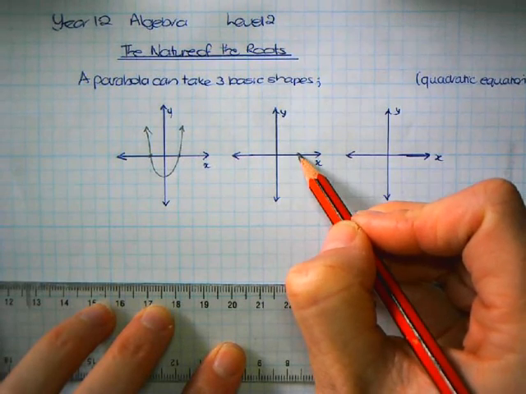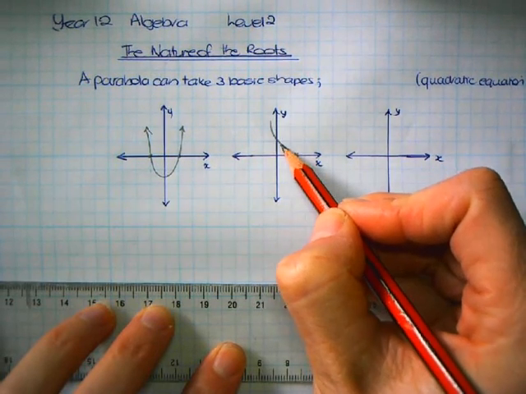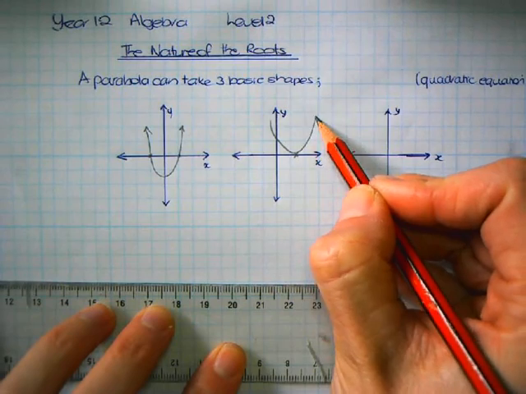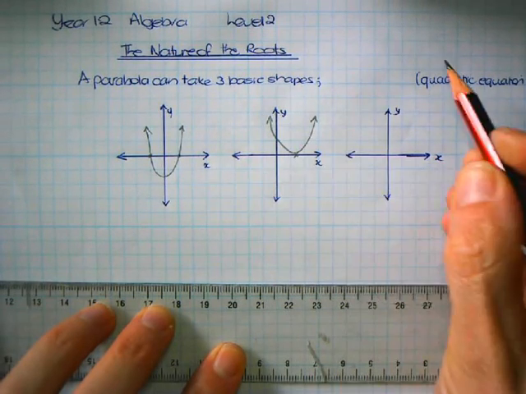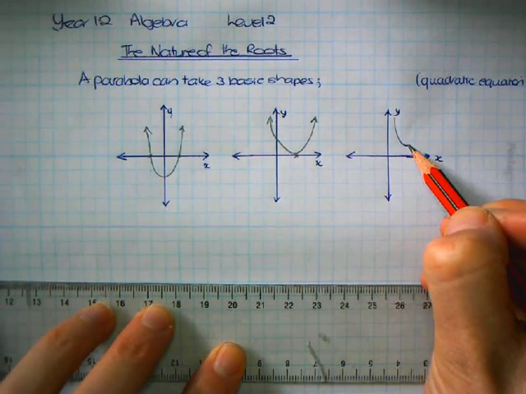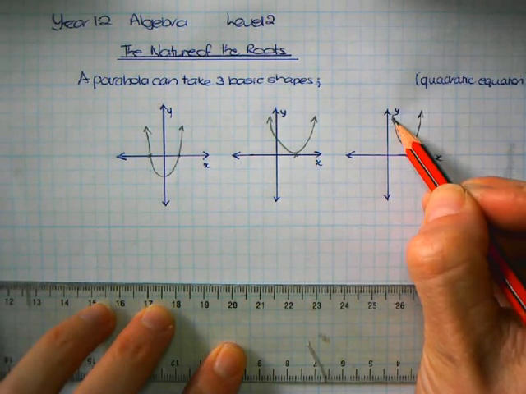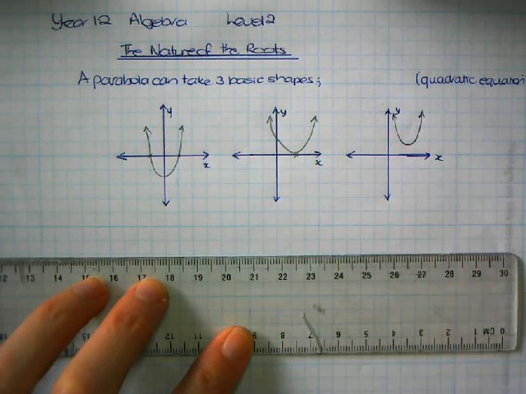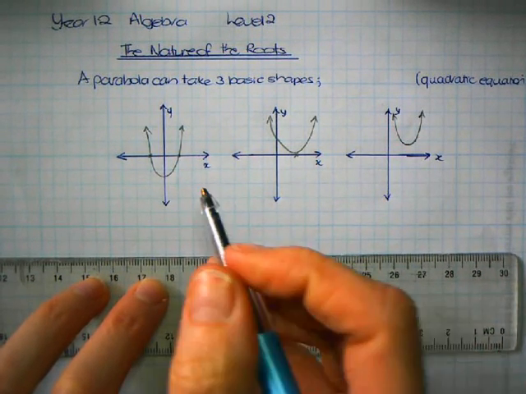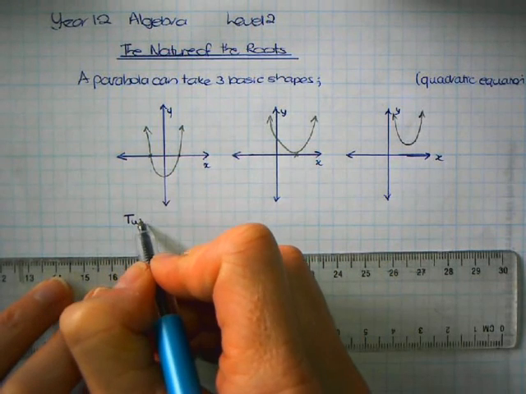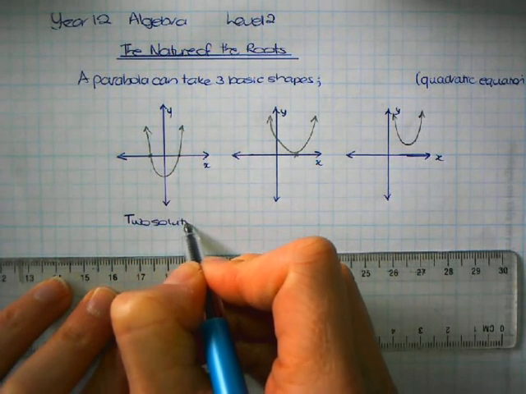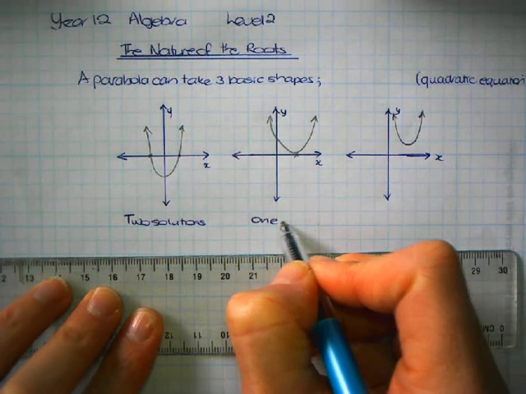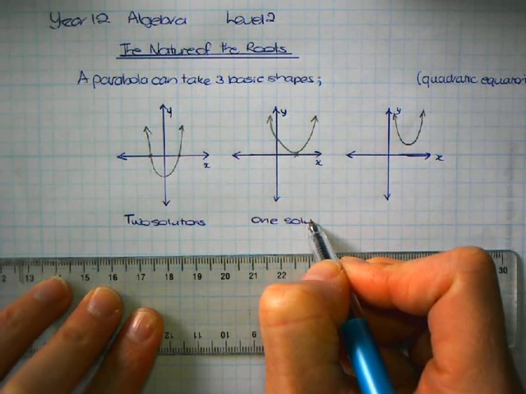And then another one could be that it only cuts the x-axis once and goes back up again. And a third basic one is it doesn't cut the x-axis at all. Okay? It will obviously cut the y-axis at some stage. So these three types are known as two solutions, one solution,